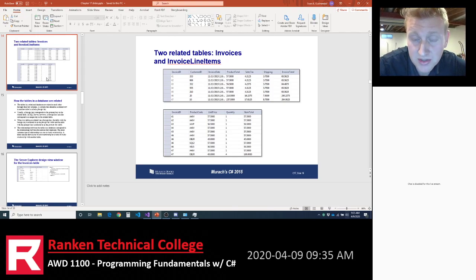In the real world, a very clean database would have all of these tables linked. It's part of a process when you're designing your databases called normalization.